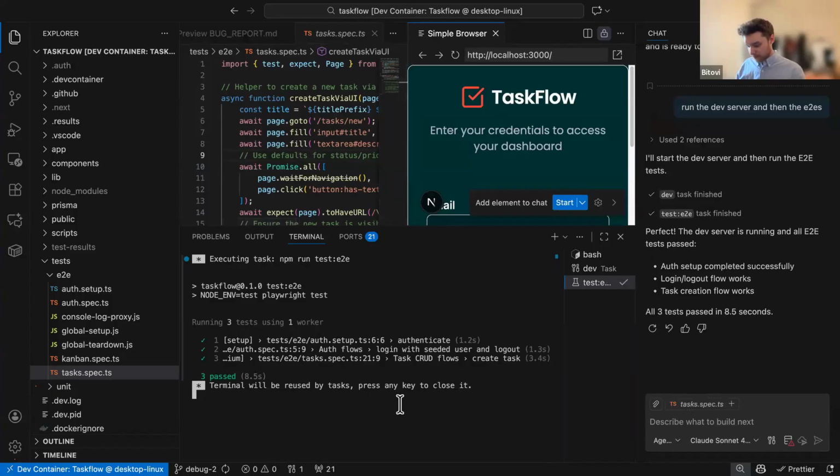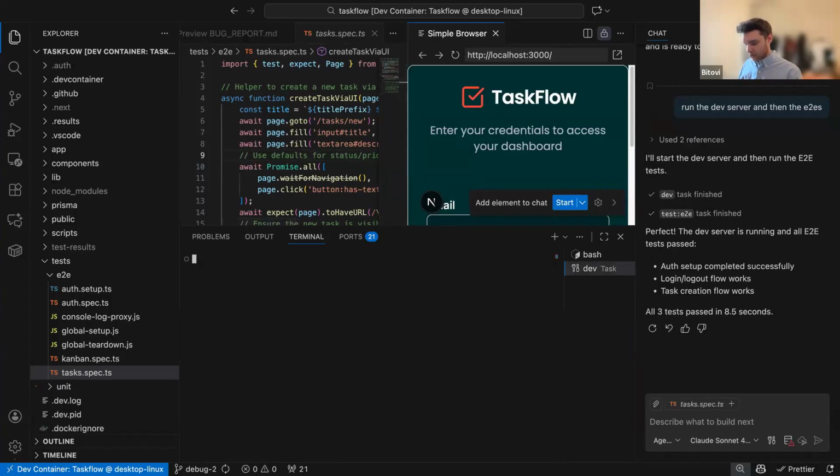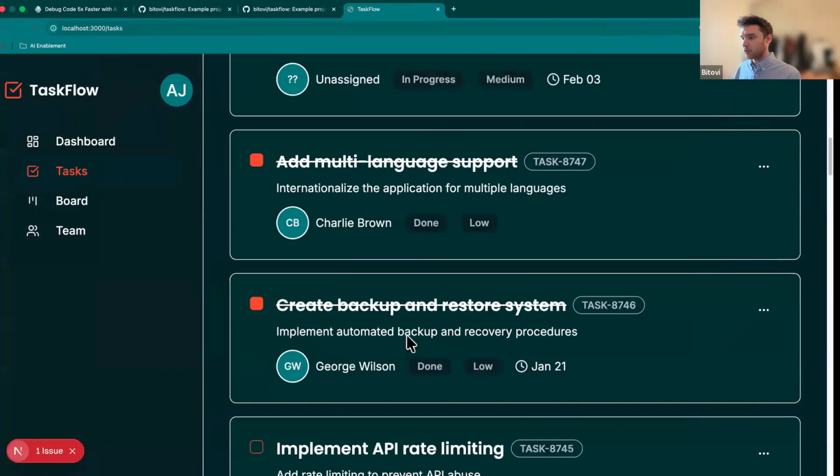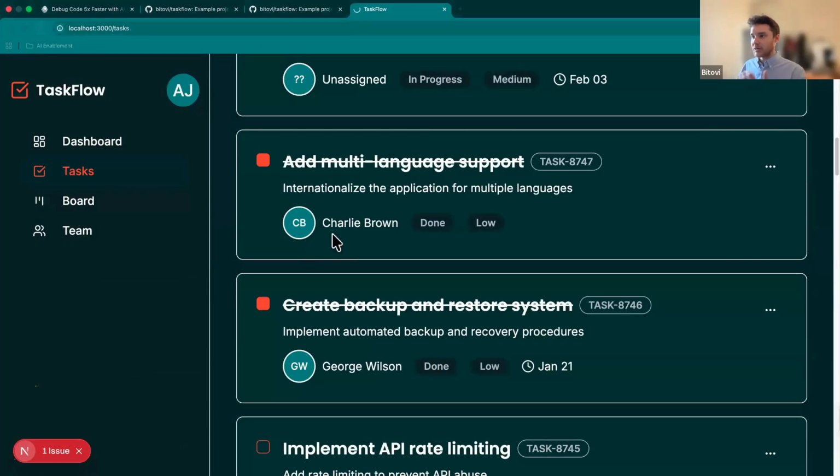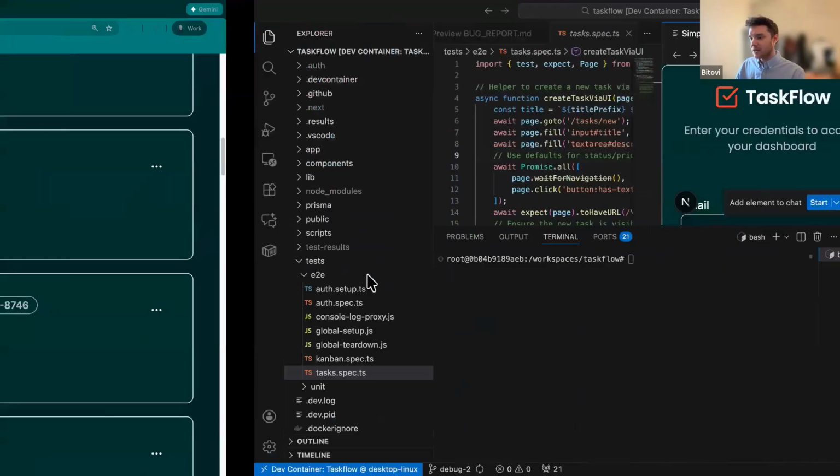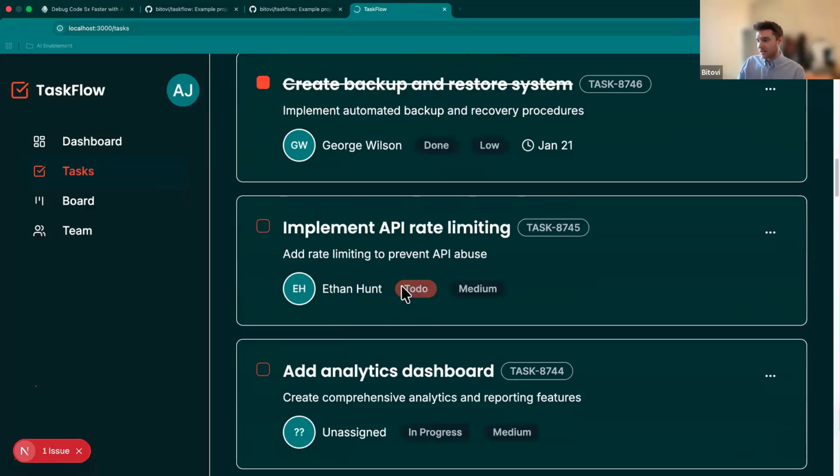Okay, cool. So now what I want to do is talk about the basic strategy here. We want Copilot to be able to go in here and replicate this issue as it happens. So we want Copilot essentially to be able to come in here and click on one of these, and then